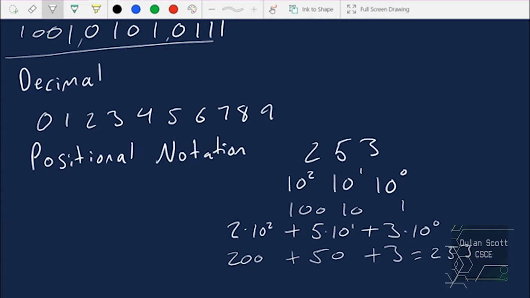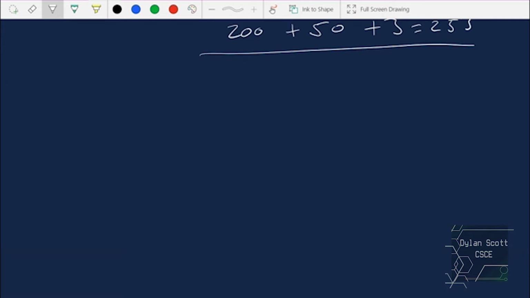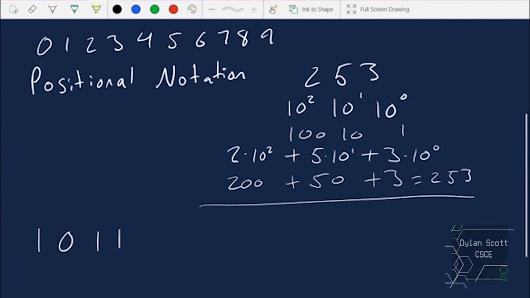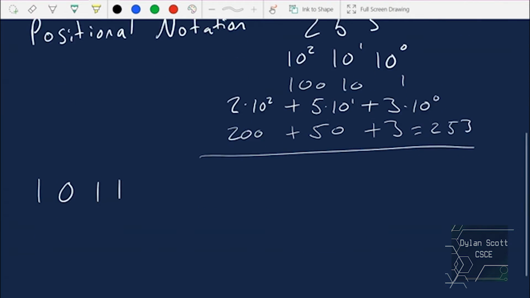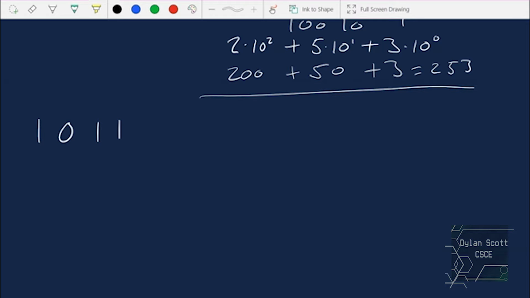It's really that straightforward. So how do we relate this positional notation, which we use for a number in decimal, to binary? Well, it's pretty similar. Let's look at this random binary number, 1011. The position of the digits is still significant. So instead of 10 to the 2, 10 to the 1, and 10 to the 0, we're in base 2, so it is